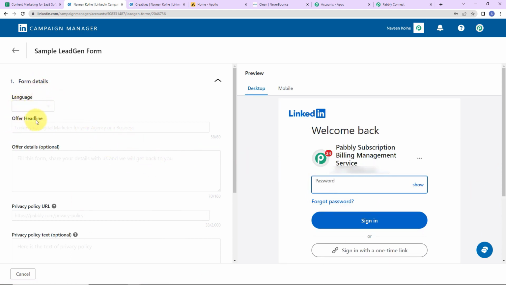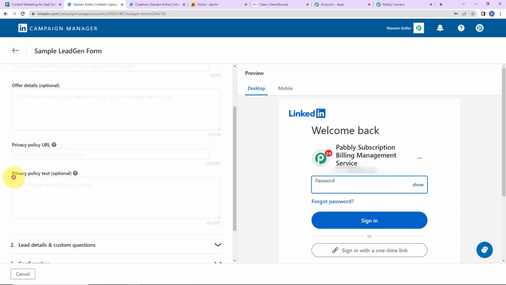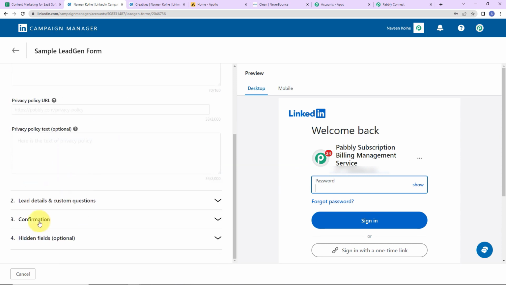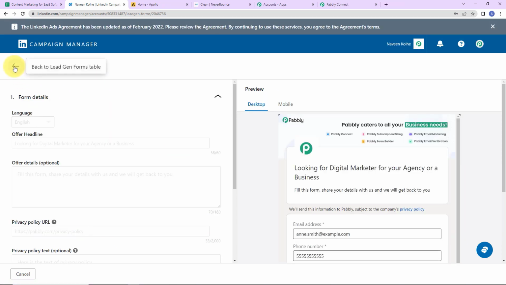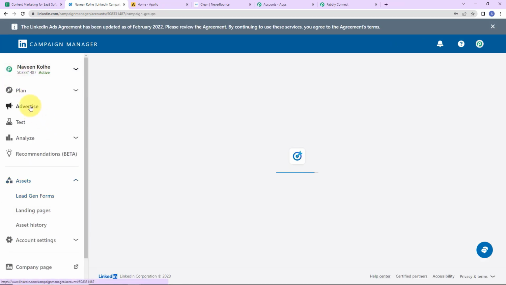So first language, offer headline, offer details. So I have entered all these things. Privacy policy text. Then you have to enter the lead details and custom questions, confirmation, hidden fields, etc. So now I'm going to take you back, and as I do that, here we are going to go to advertise,